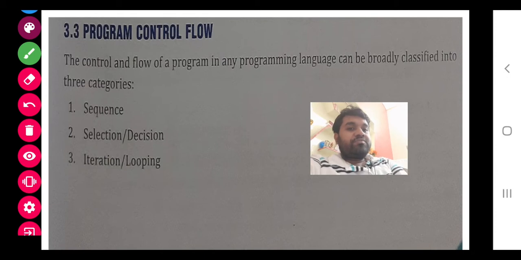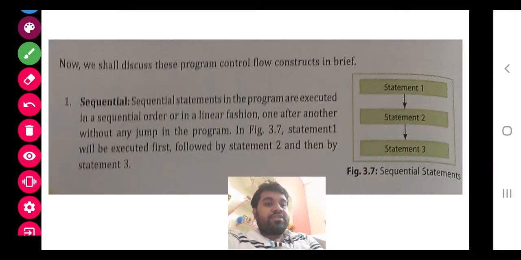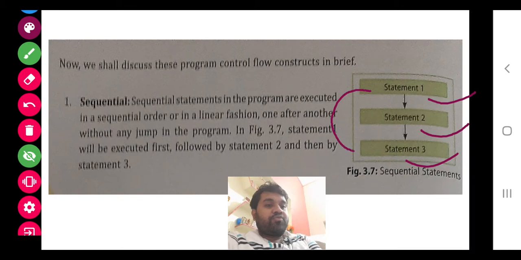So class, let's start. First of all, the sequential. In this diagram you can see that the first statement will run, the second statement will run, then the third statement will run. There is no step to go from the first to the third statement. This was the thing that we were doing. First we were writing let x is equal to 12, then y is equal to square of x, x into x. So that will run.